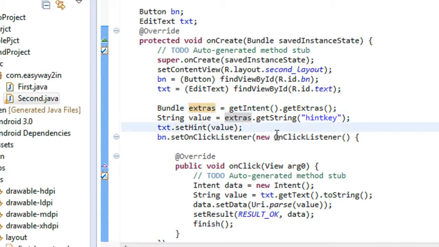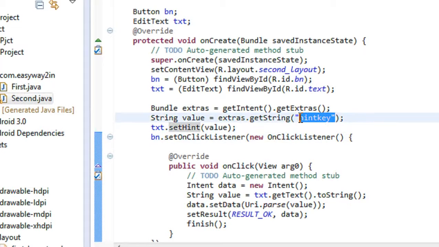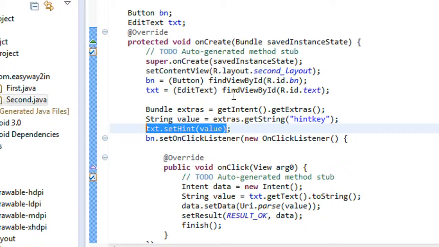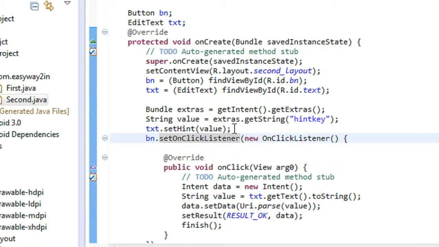Now I have to retrieve data from that bundle object. In order to get data from the bundle object, we use the getString method. Here we use the key that we already specified on the sending activity. Now I have to set the data from the bundle object as a hint to the edit text.